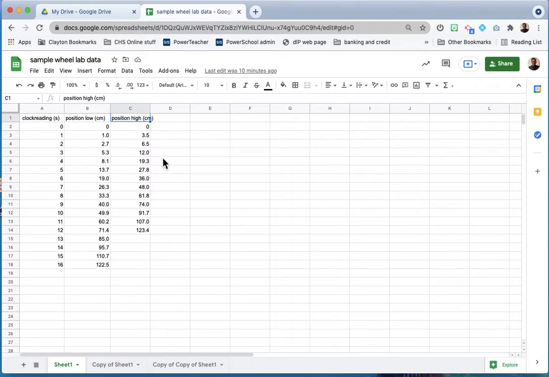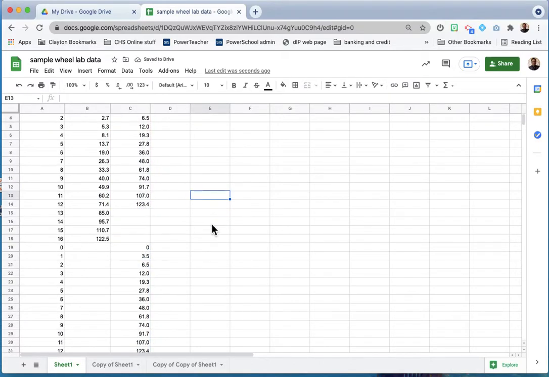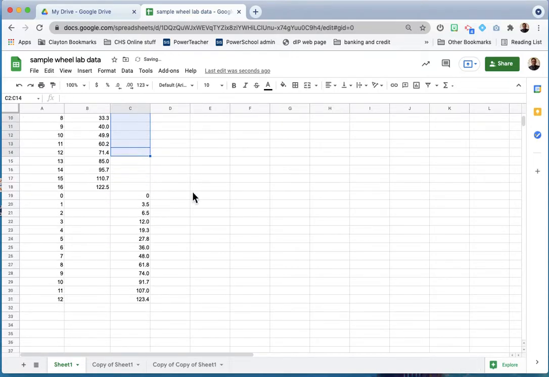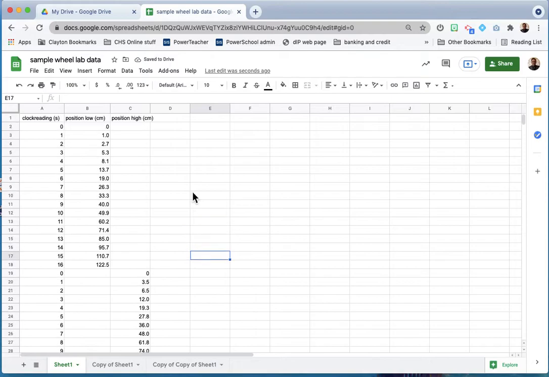So what I'm going to do is, I've got a clock reading here, and position for two different data sets. I'm going to take the clock readings and repeat them down here underneath. I'm just going to copy and paste that. And then I'm going to take the high position data and move it down to that spot, so you can see what that looks like. I can get rid of this now. So I've arranged my data like so, and then I'm just going to highlight all of this data in the data table,